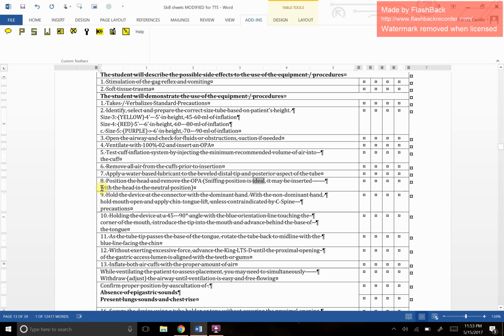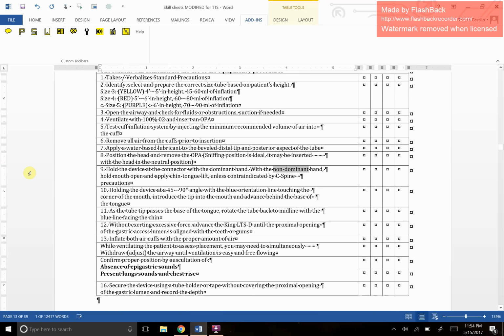Sniffing position is ideal, but it may be inserted with the head in the neutral position. 9. Hold the device at the connector with the dominant hand. With the non-dominant hand, hold mouth open and apply chin-tongue lift, unless contraindicated by C-spine precautions. 10. Holding the device at a 45-90° angle with the blue orientation line touching the corner of the mouth,